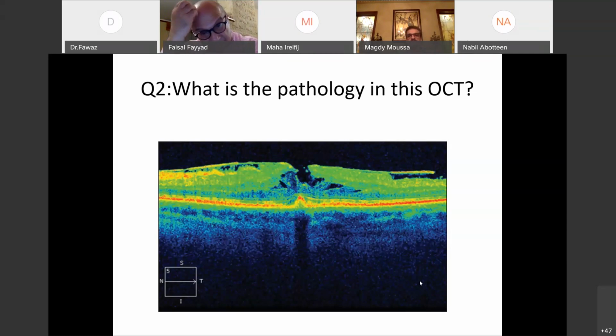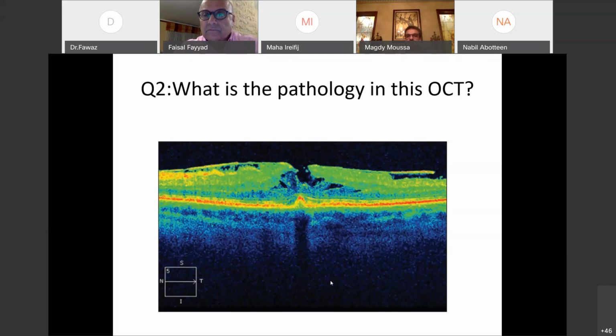Fawwaz, the poll question is not there. We cannot see it yet. Okay, but some people, they are voting. So no, there is the question. What is the pathology in this OCT, Magdi? The question itself to answer, to choose. No, it's obvious. Okay, so to write down. دكتور موجود بالchat box. أيوة. Now I can see. Now I can see. Yeah. Okay. So